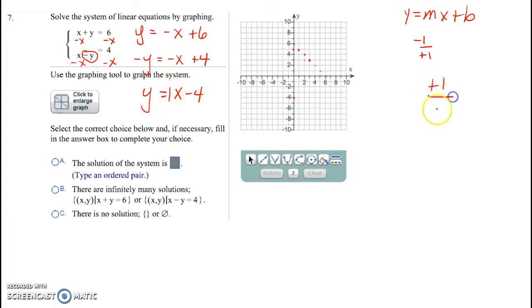So I'm going to go up 1 and run a positive 1. Up 1, positive 1, run. Up 1, positive 1. Right there is where they intersect. If I could draw a straight line, I would. Okay, so it looks like my intersection is at 5, 1. So right here, I'd put in 5, 1 on the computer, typed as an ordered pair. Okay,